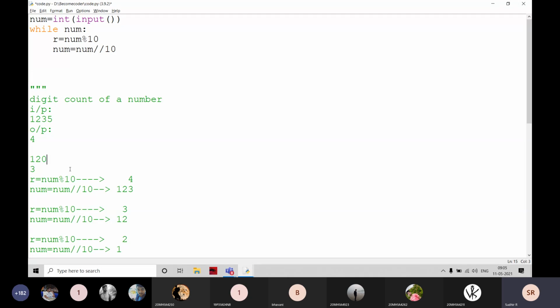What is the output of your program? Sir, I'm repeating through string. Don't take it as a string. Just take it as int of input. If I take int, it will not repeat. Then you have to write like this. Why am I telling this? Because the next programs are going to be like this only.